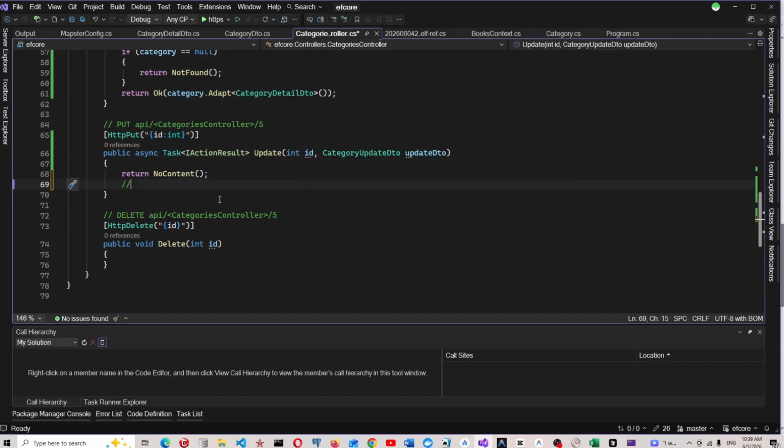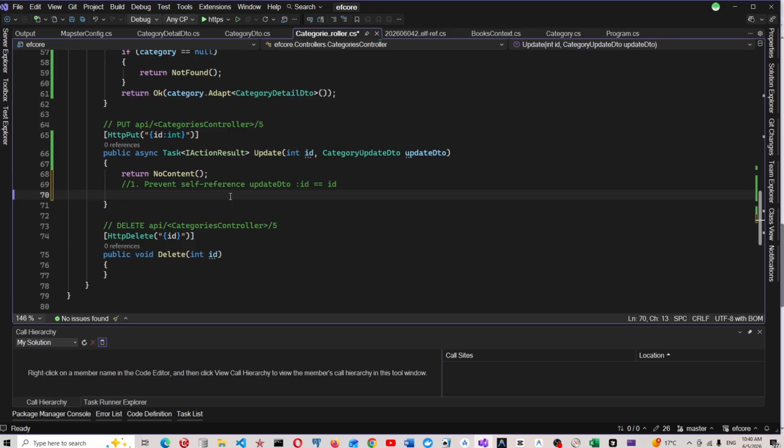But we need to have some checks. Let's check. We will say prevent self-reference. So this is the update detail, and ID equal to ID,